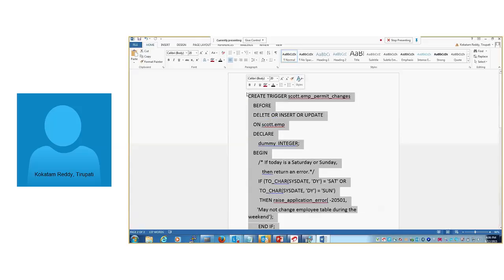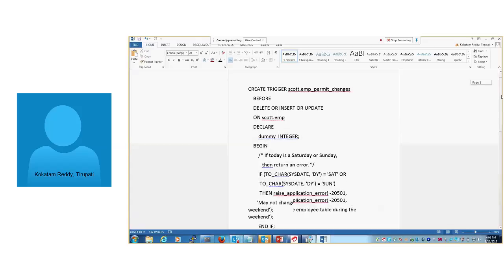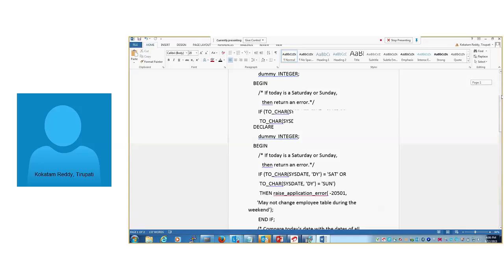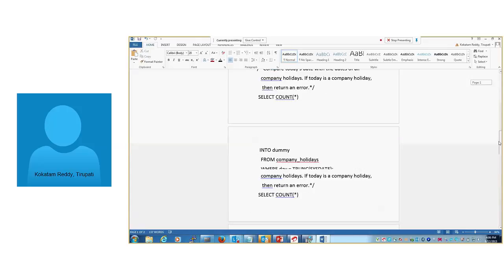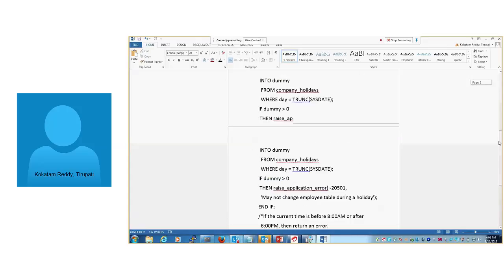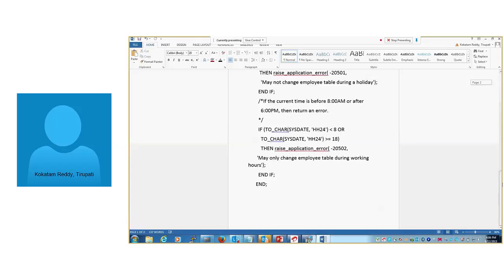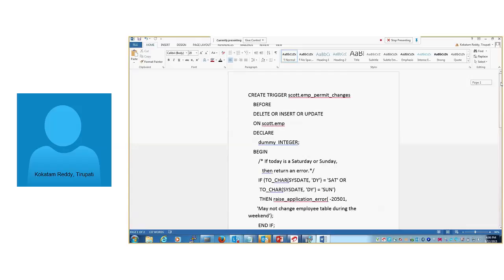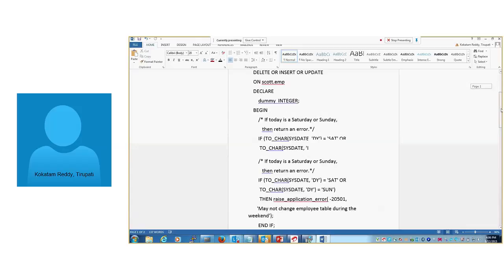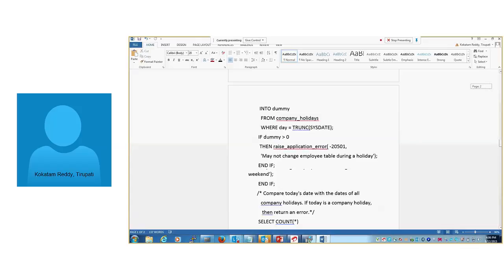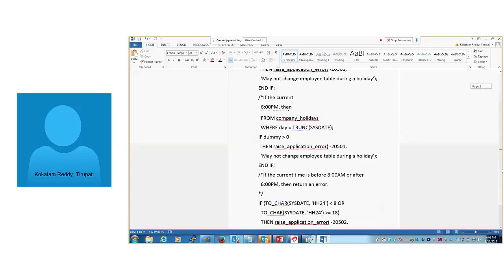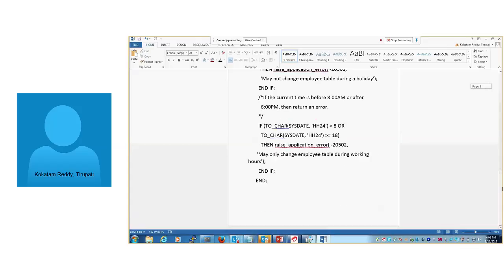Got it about this example, how it is working, how we can restrict particular days, weekends, company holidays and off hours. This is one example to restrict the actions on weekends, company holidays and out of office hours.